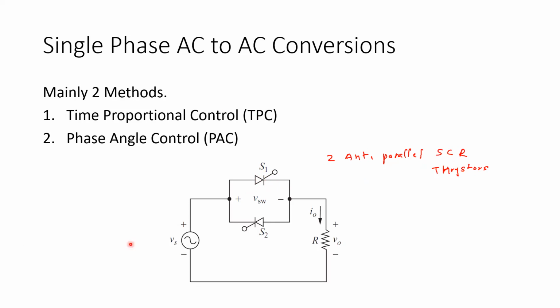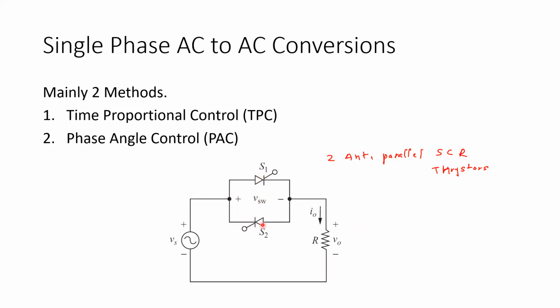So if you have uncontrollable diodes in this way, let's forget about this circuit. Just consider this as a diode and this as a diode. What will happen to the circuit? If you know, you can put the answer in the chat also. What happens is it will not give any effect to the circuit.